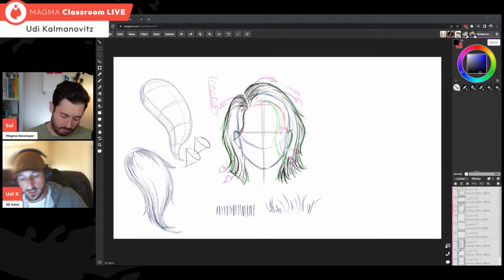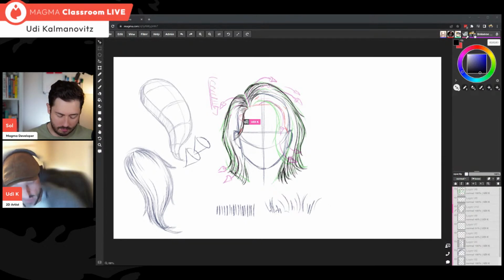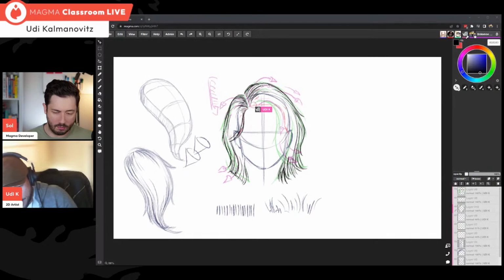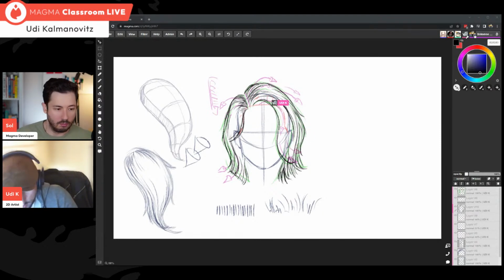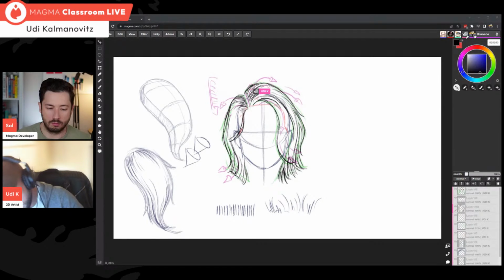And let's also create this part in the front, so it covers a significant part of the face. And here as well, I don't want to cover it too much,